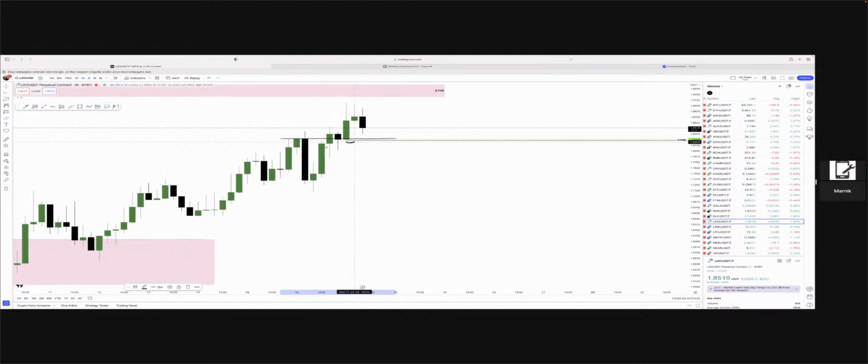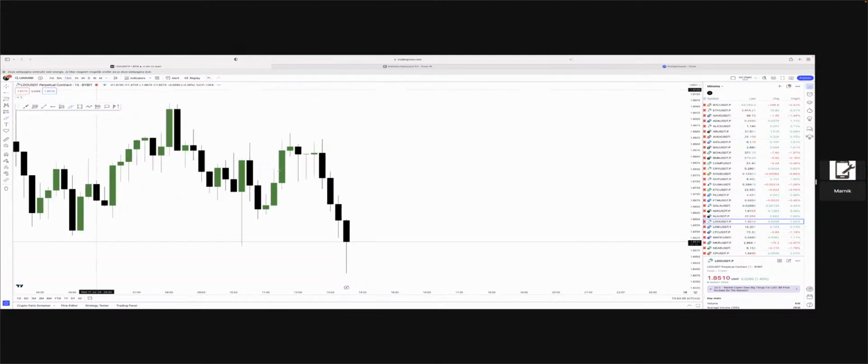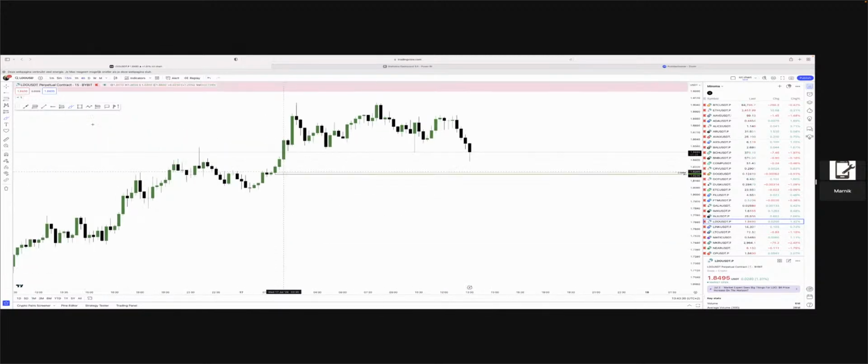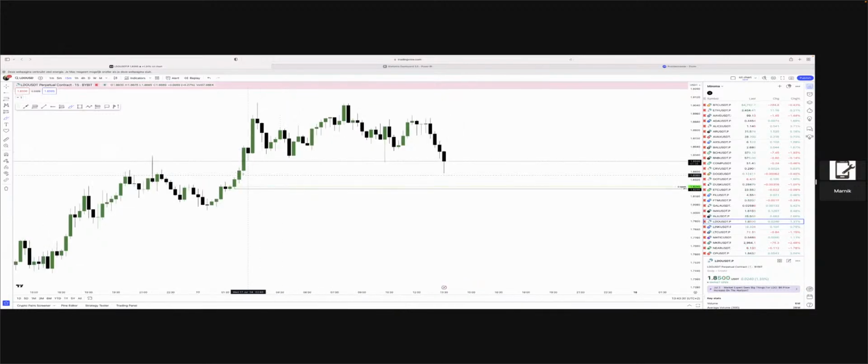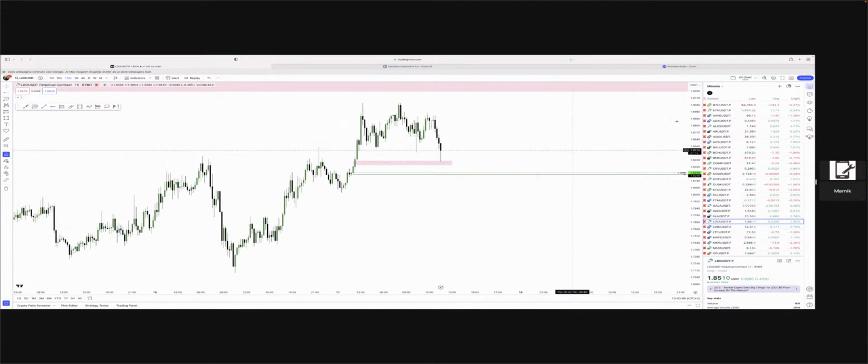So yeah, let's look. How does it look on the ETH? We tap just here also into that 50 percent of the daily fair value gap right there. Right, tapped just into it. So yeah,